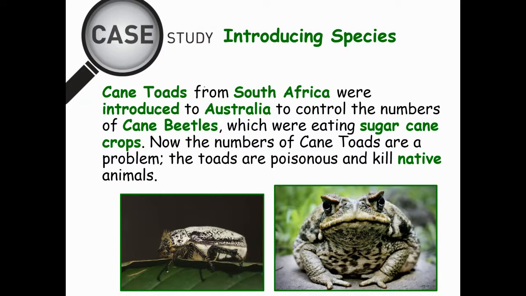Right, guys, this is a bit of a case study, a bit like the Yellowstone Park. Right, if you didn't guess, that is a cane toad. They're actually quite ugly and they're quite horrible. All right, now it's from South Africa. You don't need to remember that, year 9, I promise. But you do need to realise it was introduced to Australia. So keyword, what am I going to put? I'm going to say non-indigenous. Be careful with your spelling. You better check mine. All right, be careful. It's an easy word to get wrong because it's not spelled correctly. So the cane toad is non-indigenous because it's been introduced to a new area, and that new area is Australia.